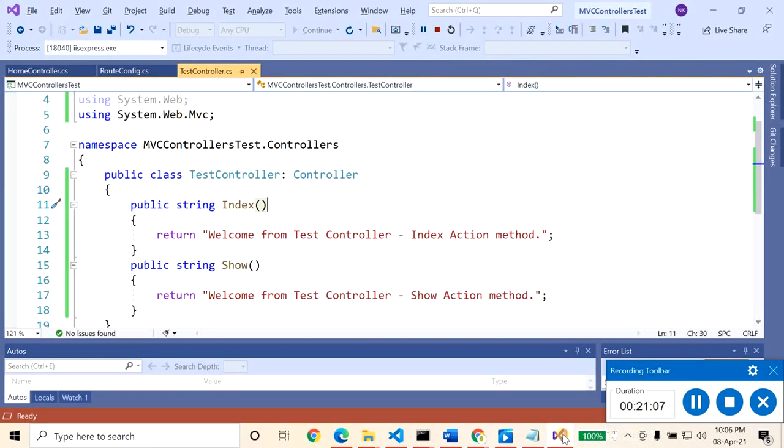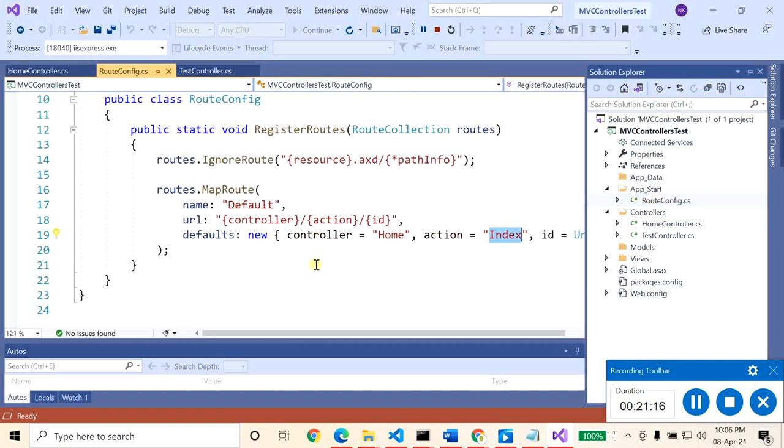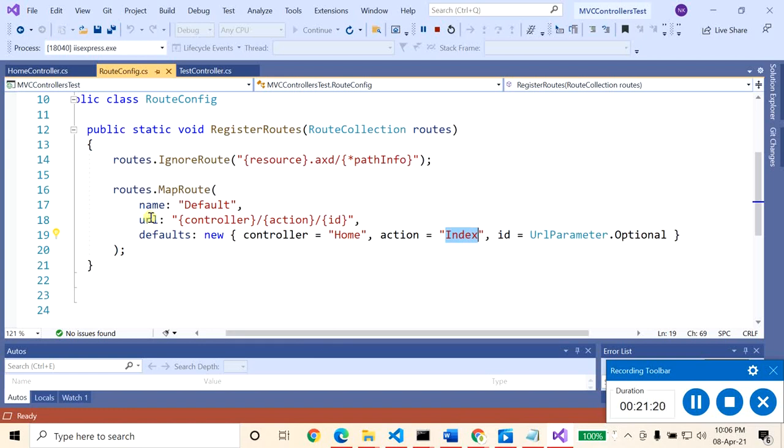As I already showed you, go to the Solution Explorer and you will see the RouteConfig file under App_Start, and this is the URL pattern. By default the URL pattern is controller, action and id, and id is marked as optional.